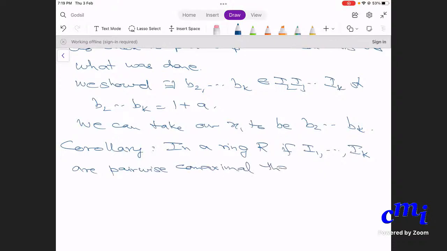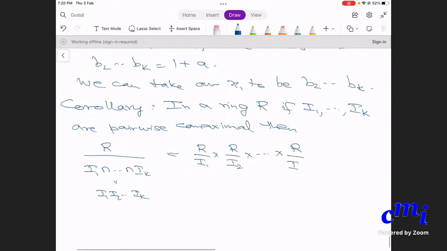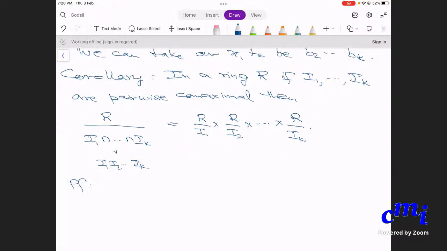then the ring R mod the intersection, and remember the intersection is the same as the product, is isomorphic to R mod I1 cross R mod I2 cross up to R mod Ik. And what is the proof of this corollary? We have already done most of it. So we know that